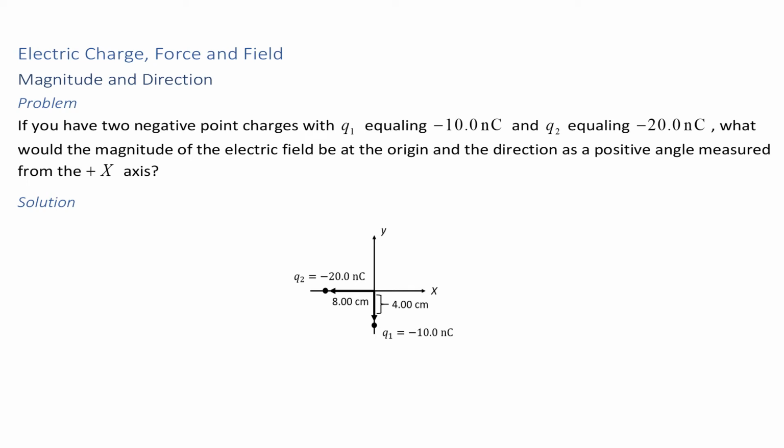In this problem, we will find the magnitude of the electric field and the direction due to two negative point charges from the origin. First, we want to draw a diagram of the point charges on the x and y axis. And because the electric field has magnitude and direction, we will put vectors in the diagram to show the direction